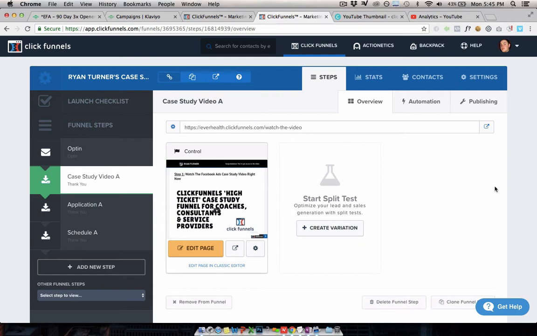So for funnels for this kind of business, you don't really want to just get a name and email and get someone to opt in and then try and get them on the phone without really knowing much about them, or just try and convert them into clients with email marketing and things like that. You want to take them through a more in-depth funnel which has an actual application in it, where you can get as much information from them